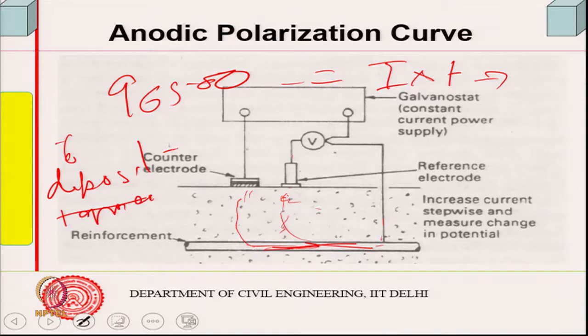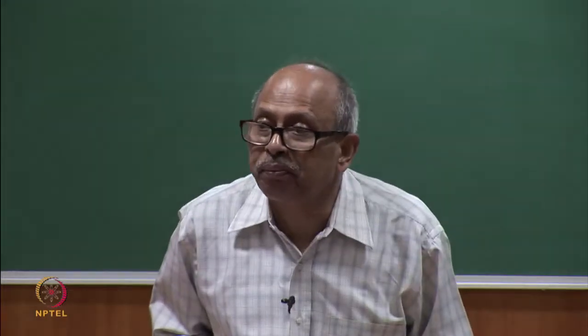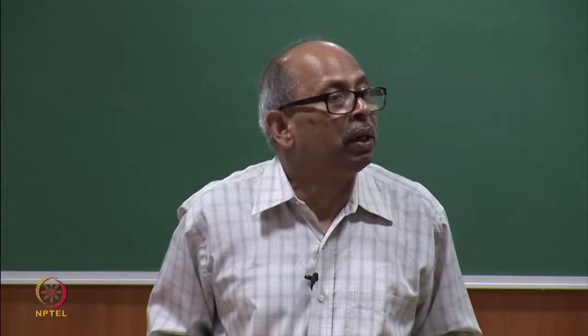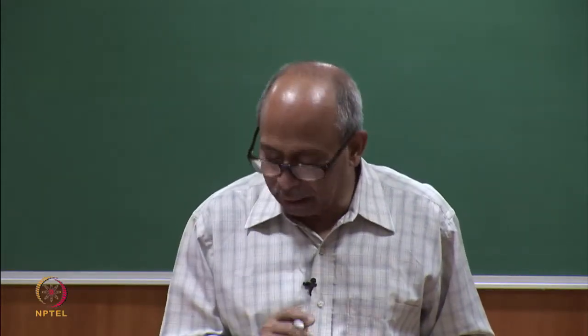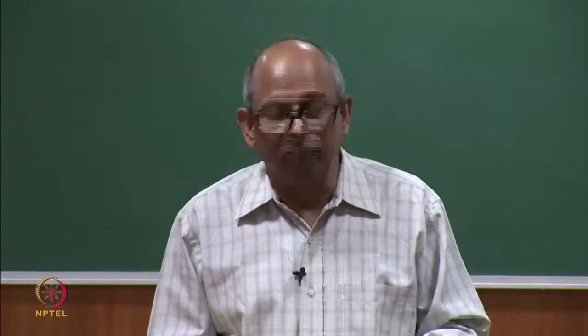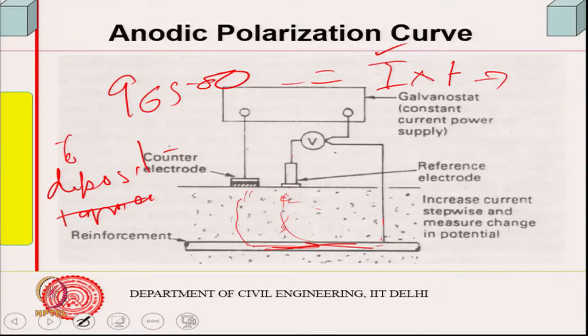So, this is what we know. That is why we measure corrosion in terms of current. If I am looking at the amount deposited per unit area of the reinforcement bar, I will be talking in terms of corrosion current density. One of the ways is to apply current from outside and see the change in the potential which was already there earlier, the half cell potential or rest potential you would have measured. This change in potential, delta V by delta I, is some sort of a measure of the corrosion rate.